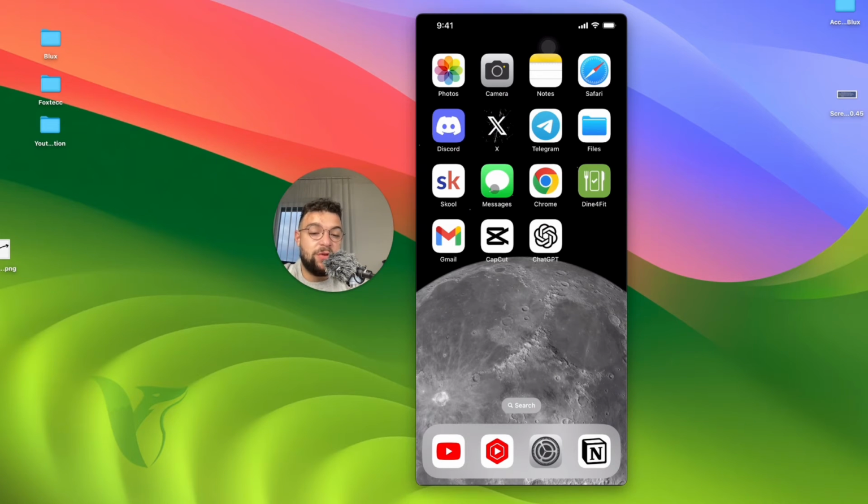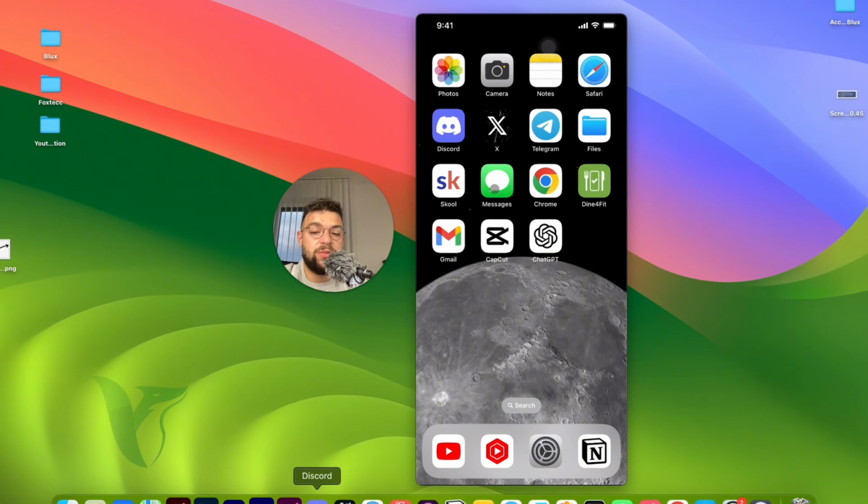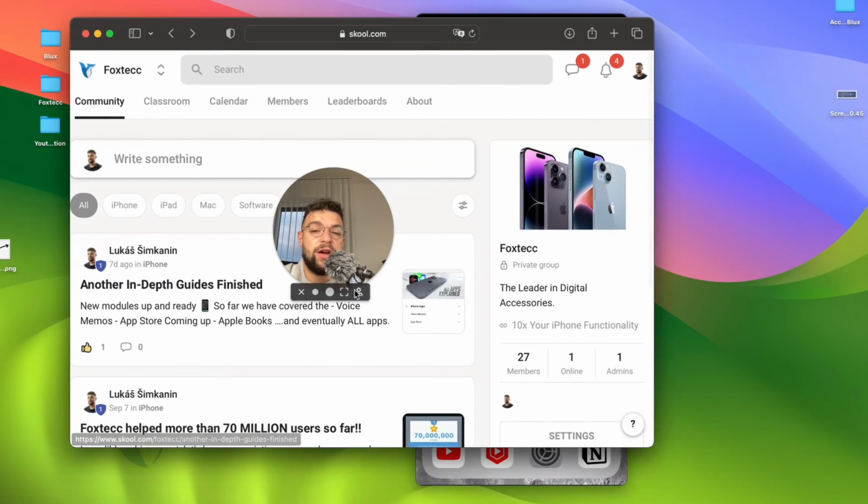There are also some different ways how you can enhance live photos. I'm going to show it to you in just a second, but before,